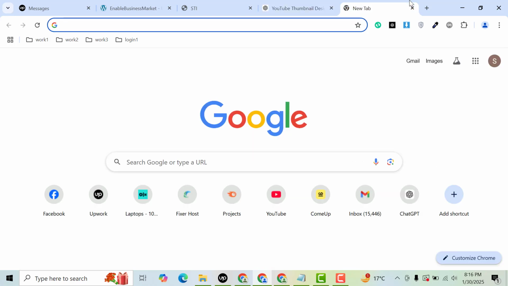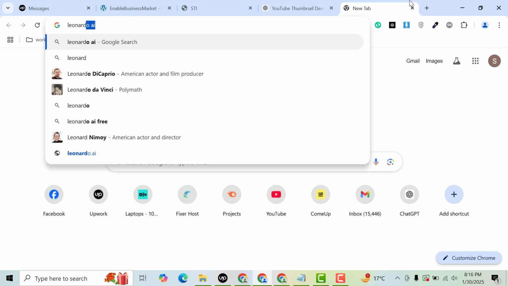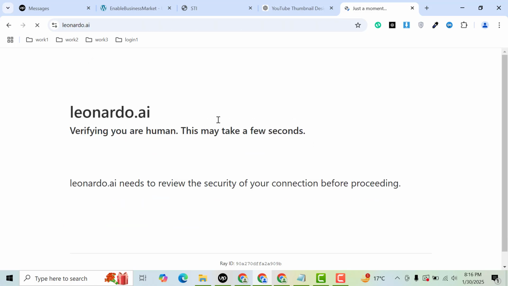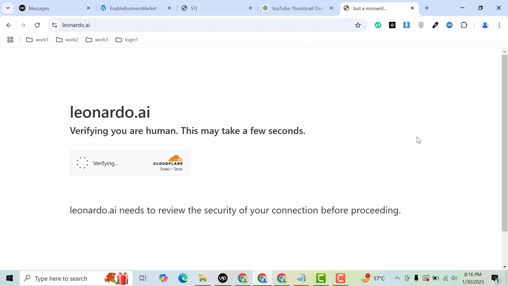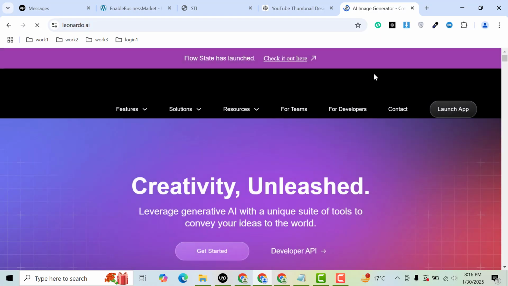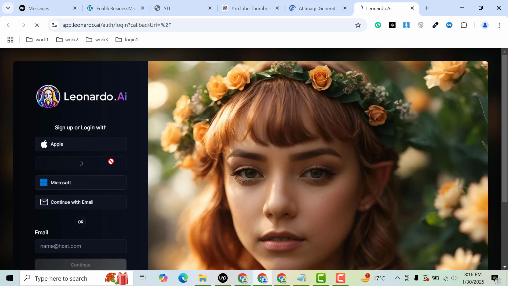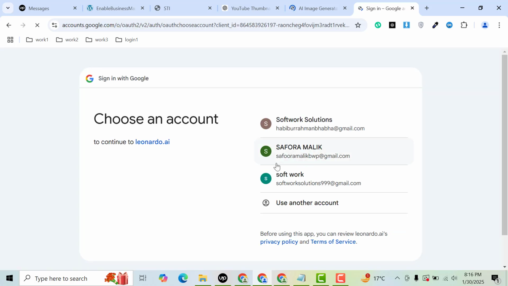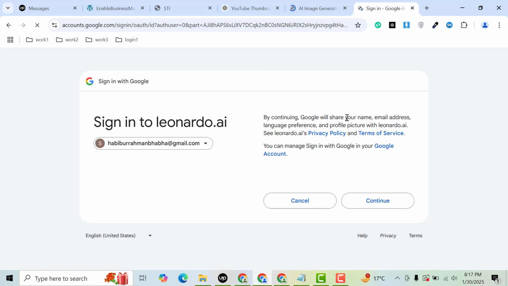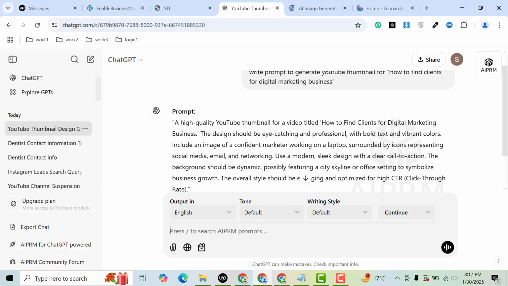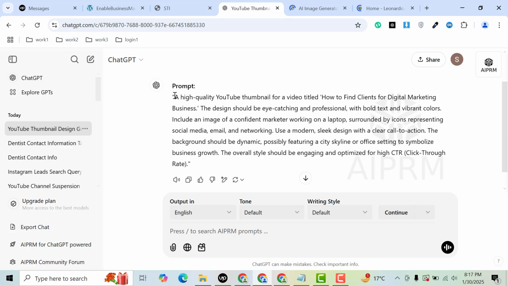Now I can open a website, Leonardo AI, and here you can see this is official website. And now click on get started and sign up with Google. So now I need to select my email account, then again click on continue button. Now I need to go back in ChatGPT and I can copy it